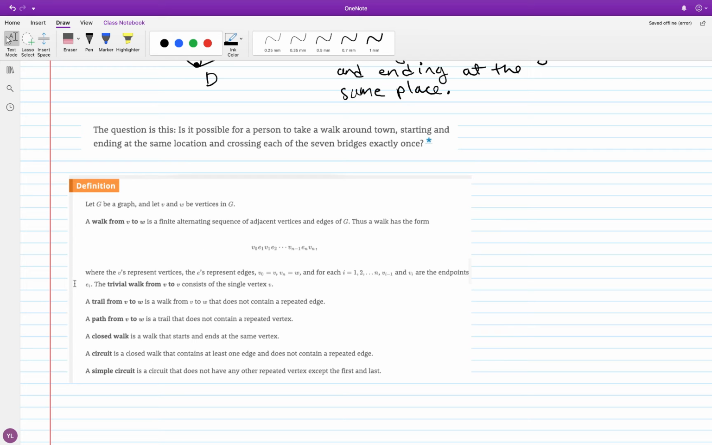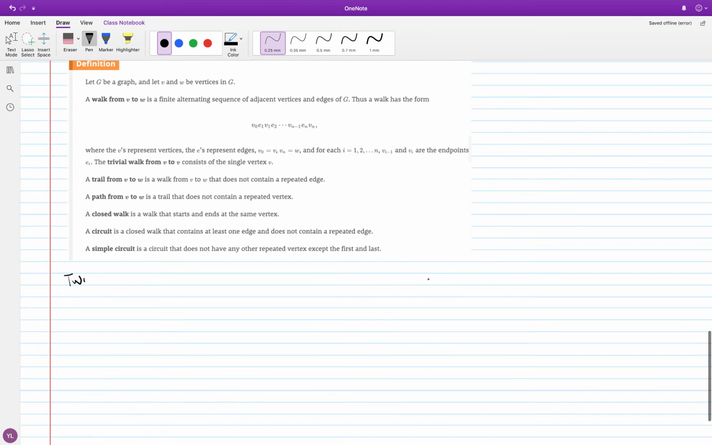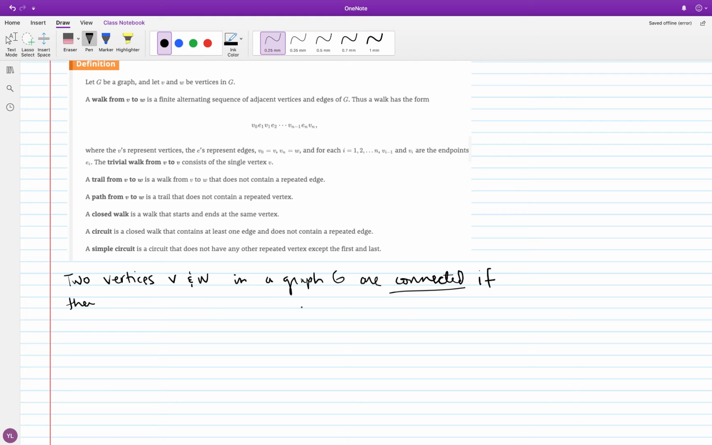I'm just copying all the different definitions from the book, and I want to focus on circuits, basically. So that's the second to last definition there. A circuit, a closed walk that visits all of the edges. So let me just,